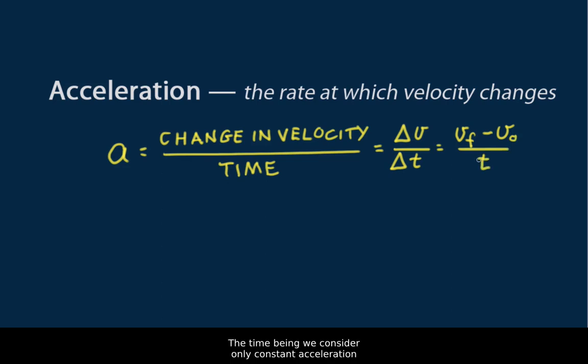For the time being, we consider only constant acceleration, where velocity changes at a steady rate. The standard unit of acceleration is meters per second per second, or meters per second squared. As an example, if an object accelerates from 4 meters per second to 12 meters per second in 4 seconds, the acceleration would be